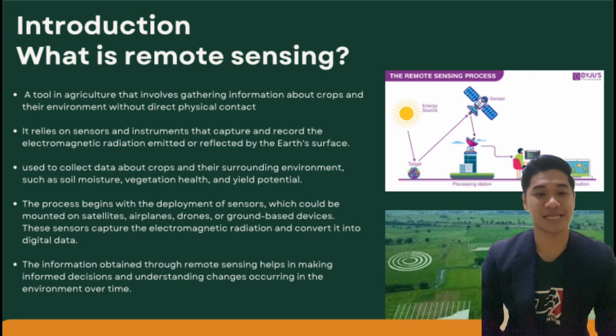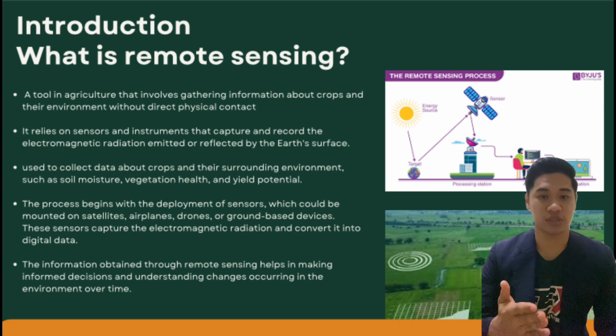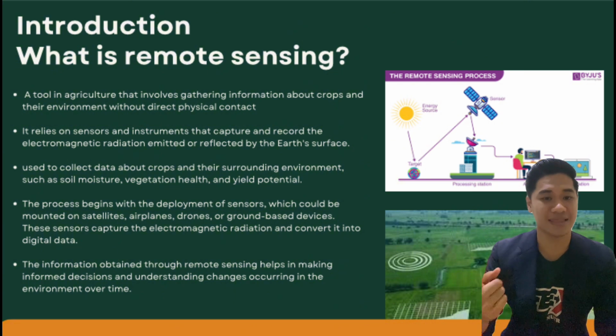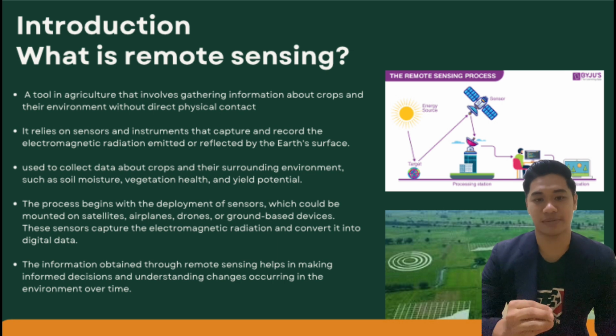What is remote sensing? Remote sensing is a tool in agriculture that involves gathering information about crops and their environment without direct physical contact. It relies on sensors and instruments that capture and record the electromagnetic radiation emitted or reflected by a surface. It is also used to collect data about crops and their surrounding environment, such as soil moisture, vegetation